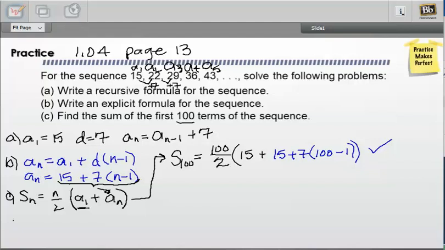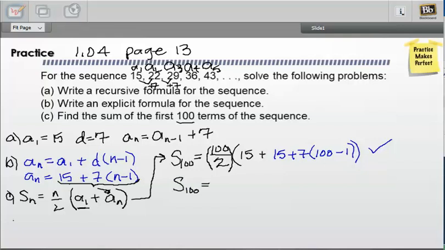So now, you could key this whole thing right now into your calculator. You just need to remember that when you're keying it into your calculator, always put parentheses around your fractions. This fraction's pretty easy. We know it's 50. But for the next problem I'm going to show you, it's not that easy, because you're going to get decimals and all that kind of crazy stuff. So, if we plug this into our calculator,